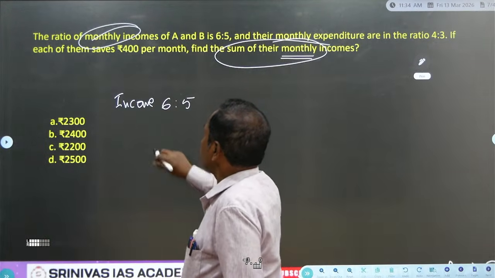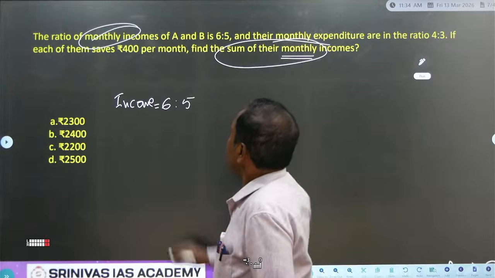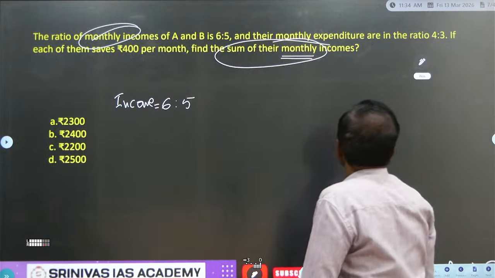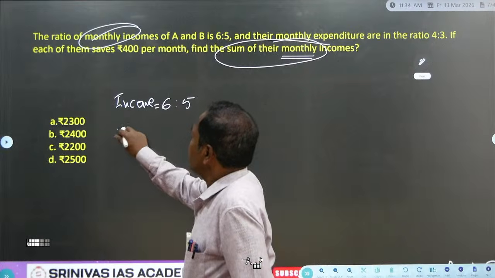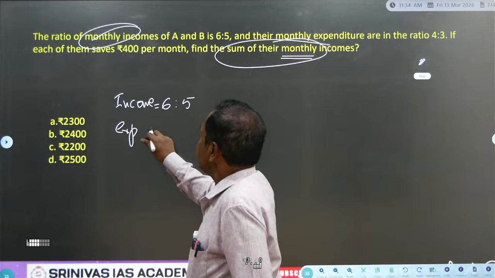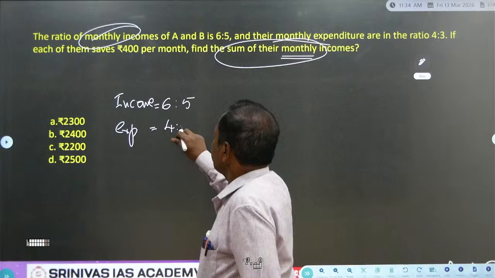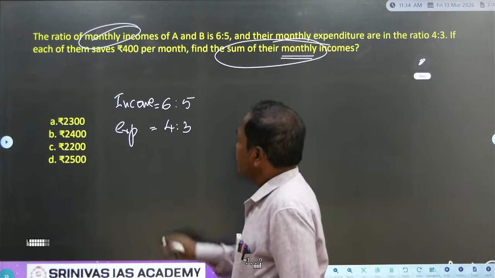Income is 6:5. Next, their monthly expenditure is in the ratio 4:3. Expenditure is 4:3. And their savings is